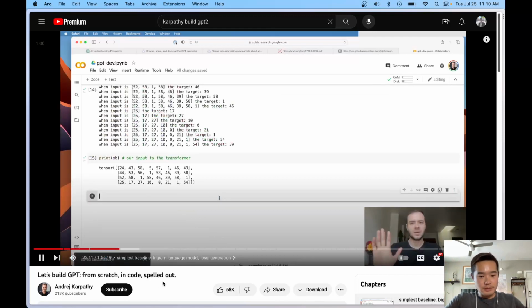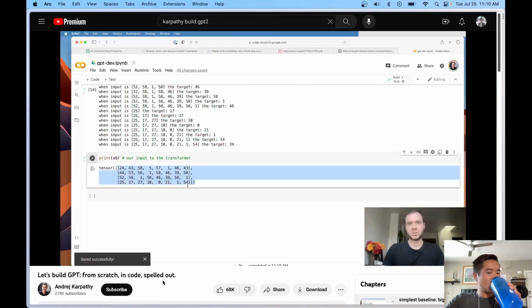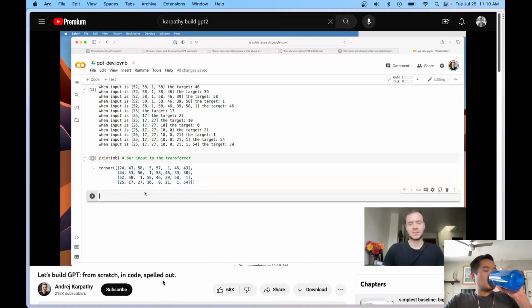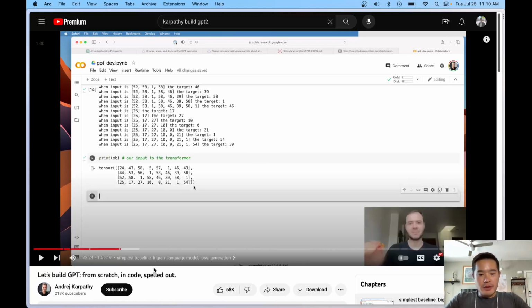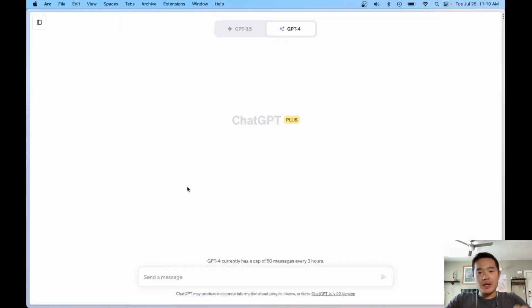Why? Okay, so now that we have our batch of input that we'd like to feed into a transformer, let's start basically feeding this into neural networks. Now, we're going to start off with the simplest possible neural network, which in the case of language modeling, in my opinion, is the So one thing right away that I'm a little bit confused by is the idea of